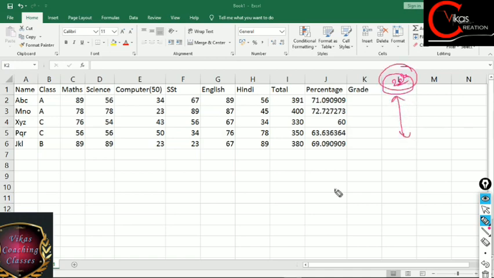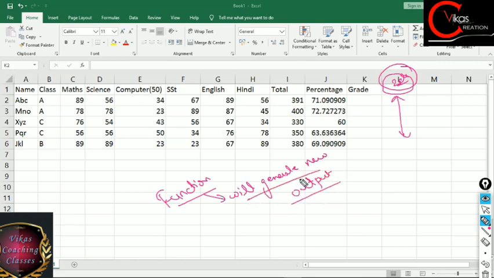One thing we must always remember in our minds, that whenever we are dealing with functions, that function will generate a separate output, a new output always, and it will not overwrite your inputs. Whenever you use any function, it will never overwrite your inputs. It means the cells of input and function are separate, so your input values will remain as they are in their place.